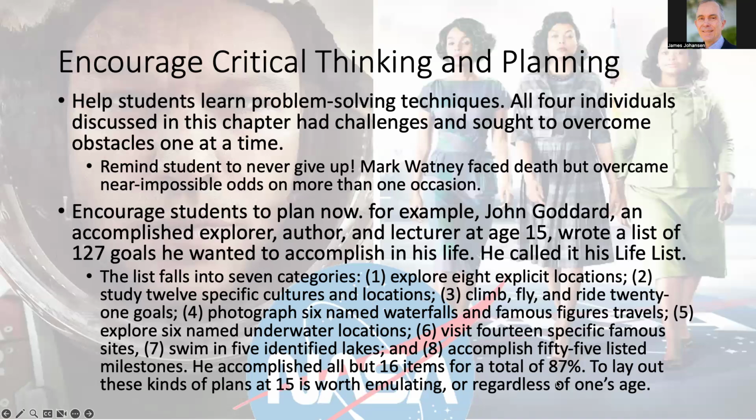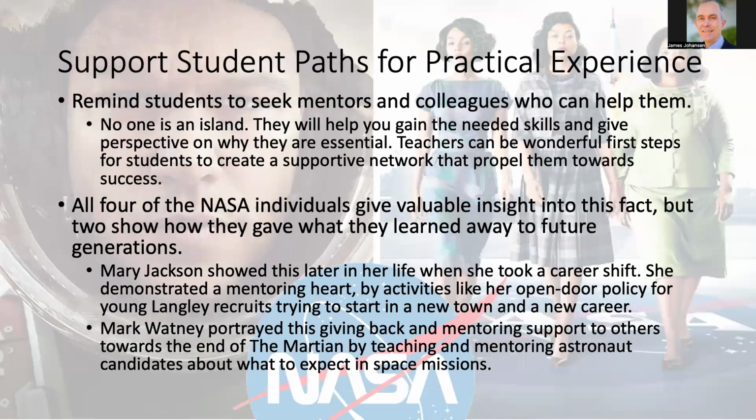At the time of my reviewing, he completed all but 16, a total of 87% of what he had done. And this is a noble goal, not only for folks that are 15, but regardless of one's age, to be able to plan and to be able to work on getting problem-solving techniques